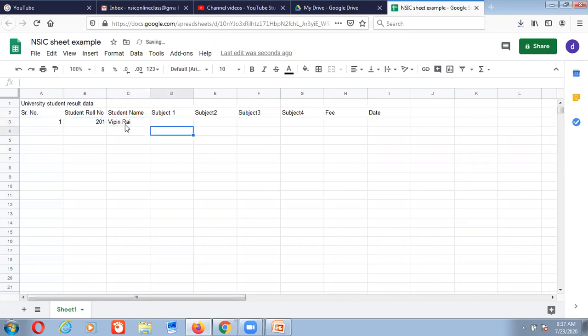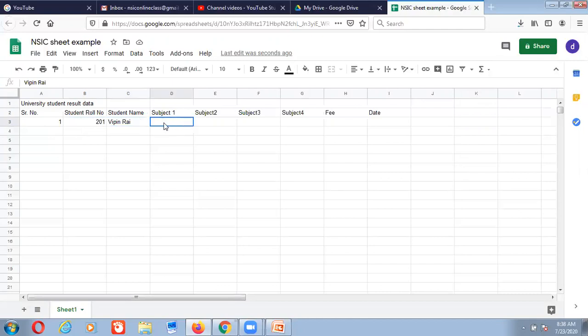You see one thing: when I typed under the serial number column, whatever I typed went right shifted in that cell. Means 1 is right shifted and 201 is also right shifted. But when I typed Vipin Rai, that is left shifted. That is done automatically by Google Sheet.